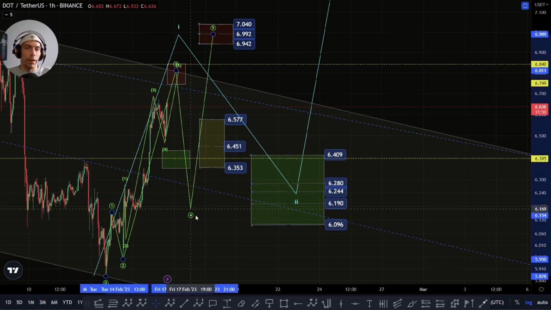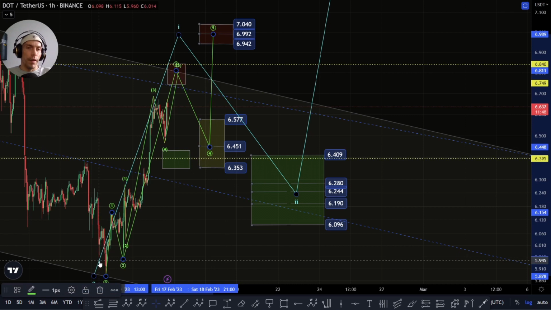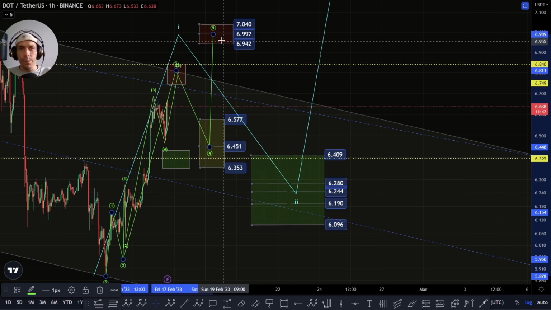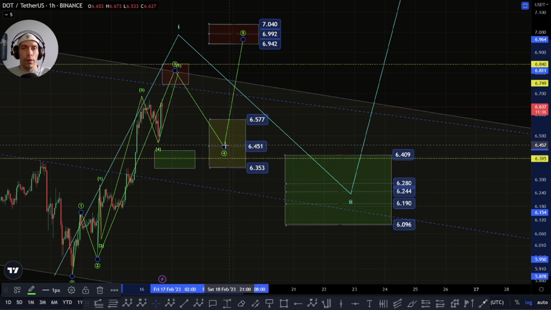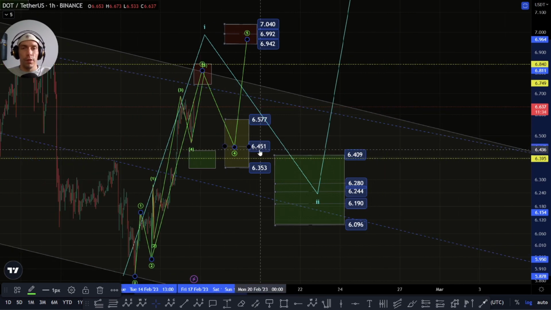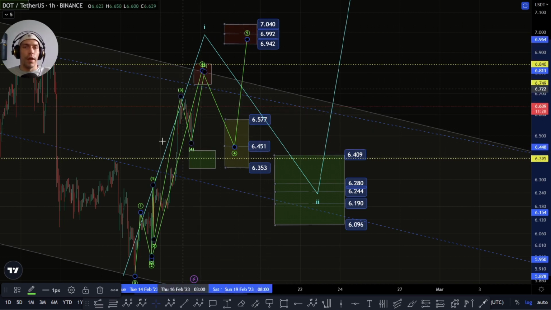basically invalidate the idea of having this extension here, and then it would just be a 3-wave move, because we wouldn't have that additional fifth wave up to confirm that 5-wave move. If we did move down towards the zone of this fourth wave here, and this 0.382 retracement, that 645, we could then look for an additional push up here towards the $7 range, if we are looking at